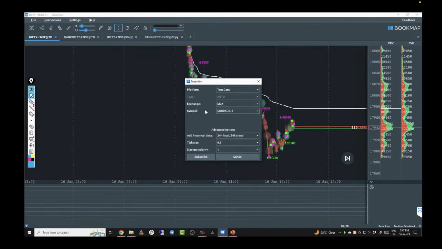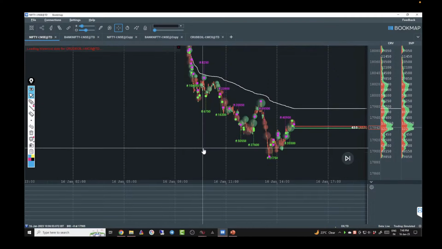Let's add the crude oil data. 24 hours, last 36 hours I want to add. Tick size as 1. All right, tick size as 1, and let's subscribe to this. I think it should be available too,